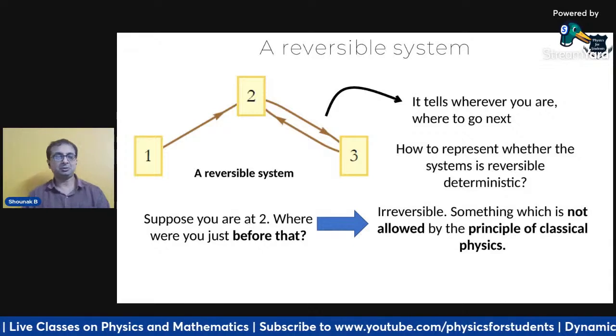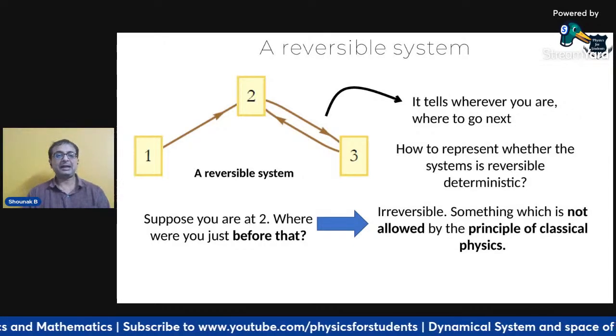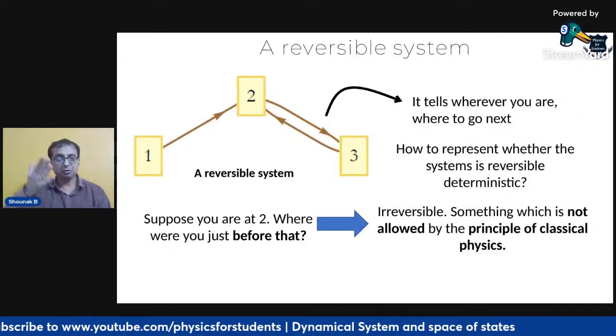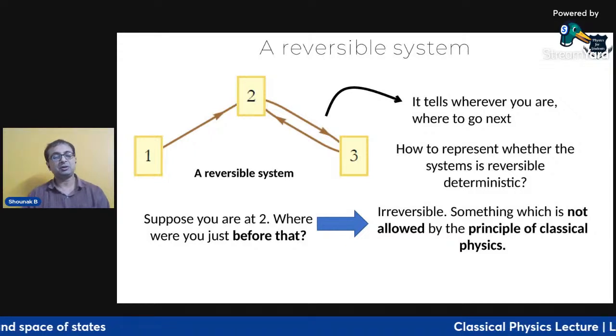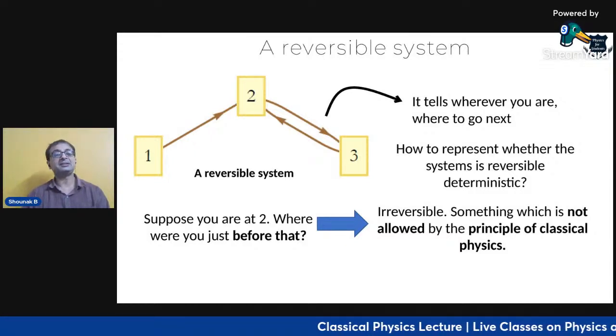But suppose, as I told you, that suddenly you are at 2, but you cannot tell where you were before that, because there is no arrow pointing from 2 to 1. It is only one arrow from 1 to 2, 2 to 3, and 3 to 2. Now, this is something which is called an irreversible system, and this is something which is not permitted. You will see that this kind of thing, that suddenly you are at 2, is a concept which I have explained in quantum field theory, which is called spontaneous emission. Spontaneous means suddenly you are there. And spontaneous emission, like fireflies, neon lights, where the system is emitting an atom, it will never be able to come back.